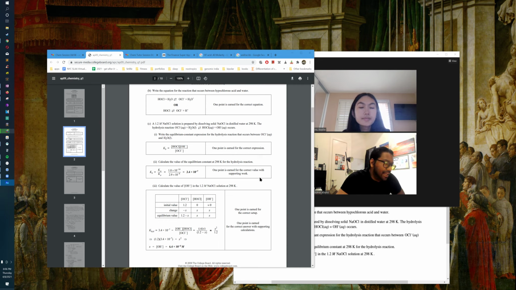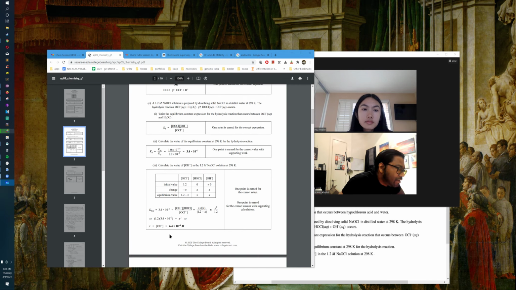And I think since it's small, you basically make it negligible. So, negligible. So this is just going to be, again, Kb. I'll just write 3.4 e negative 7 is equal to,